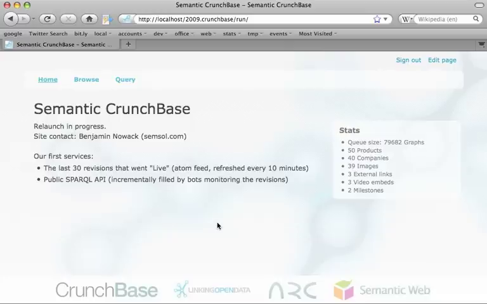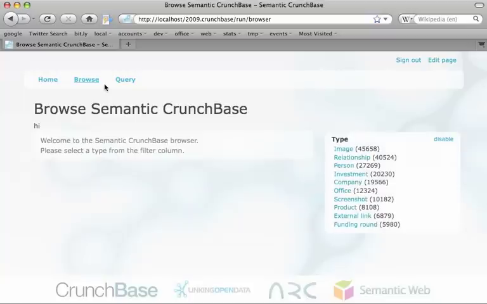And these widgets can be very simple, like in that case, for example, this is just a page heading widget, this is a text widget, or they can be more complex. This is a sparklet that does some aggregates on the local store, but they can be even more complex, like for example this page has a fully fledged faceted browser built from widgets. So this is how things look